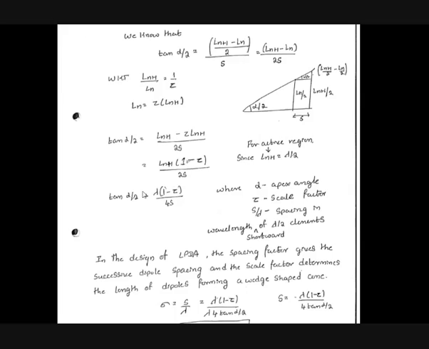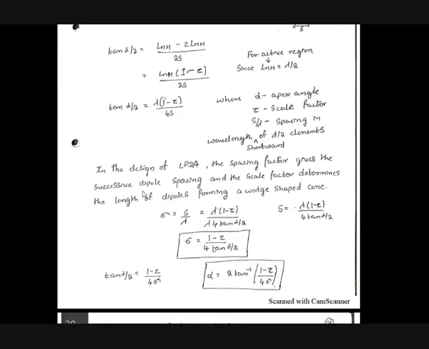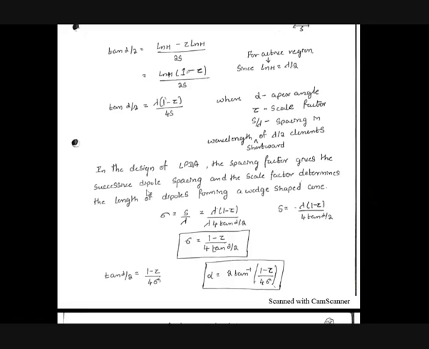Now in the log periodic antenna or dipole, the successive dipole spacing is nothing but your sigma. Sigma gives the spacing between the dipoles successively, and the scale factor, that is our tau, gives the length of the dipoles. Now the pitch angle, I wanted to have the equation for the pitch angle, that is alpha, in terms of the scaling factor and the